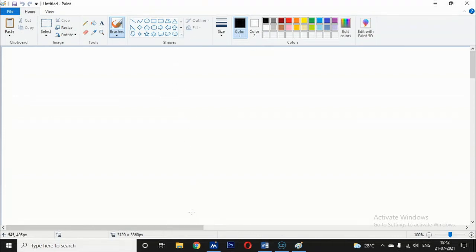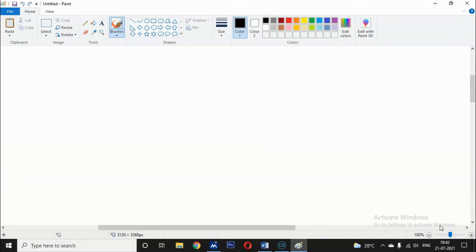This white space is the drawing area, this is the horizontal scroll bar, this is the vertical scroll bar, and these are the zoom out and zoom in buttons.